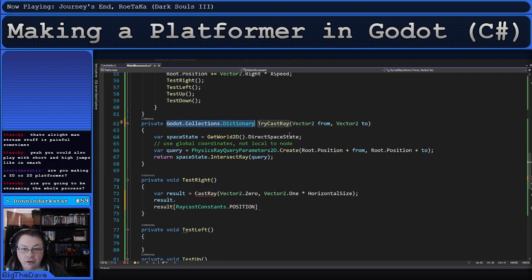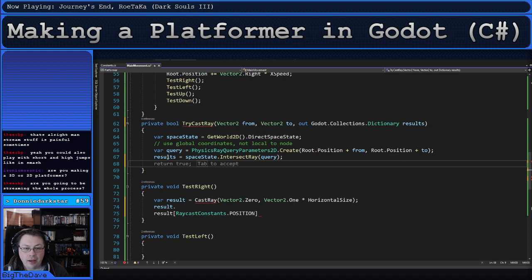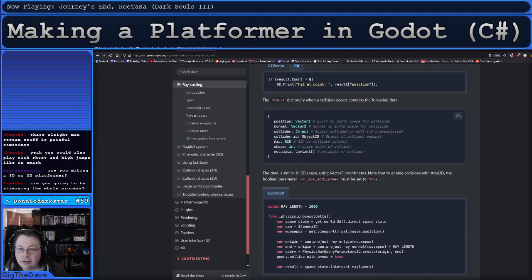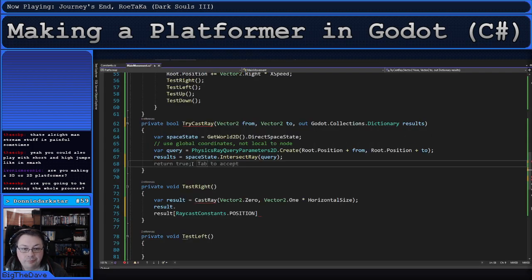One of the benefits of C# is we do results equals that, and we return true if one specific thing is set. So if that's not null,